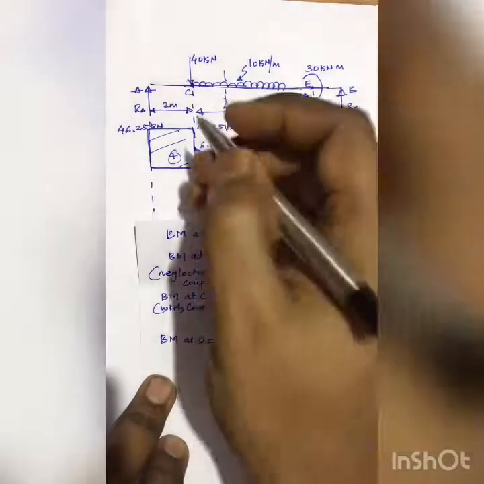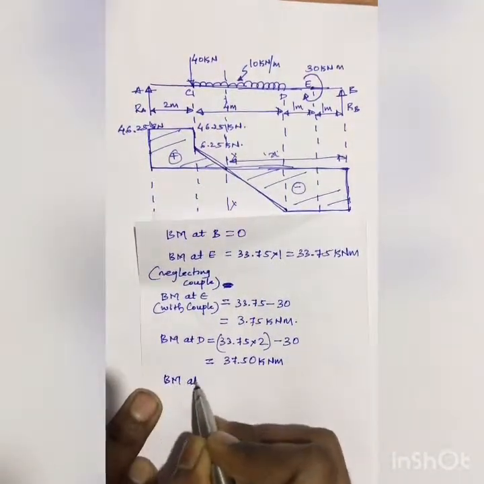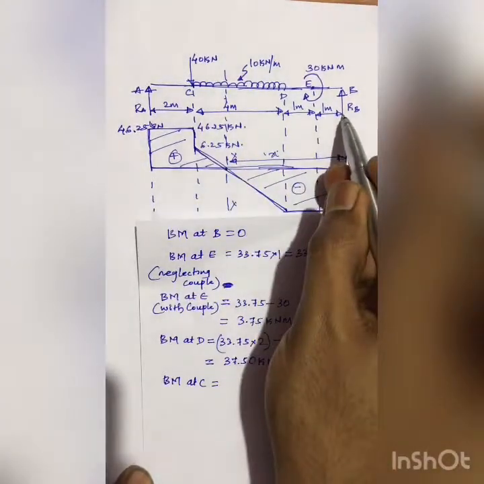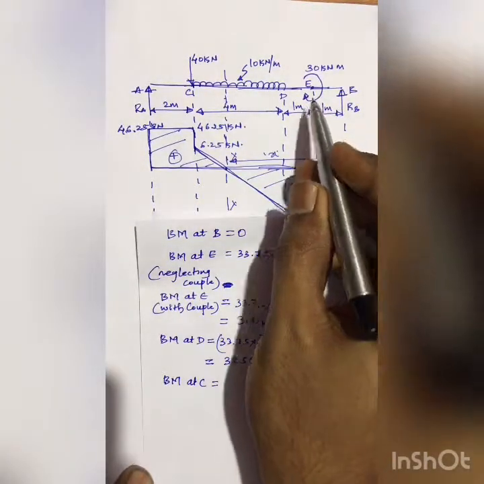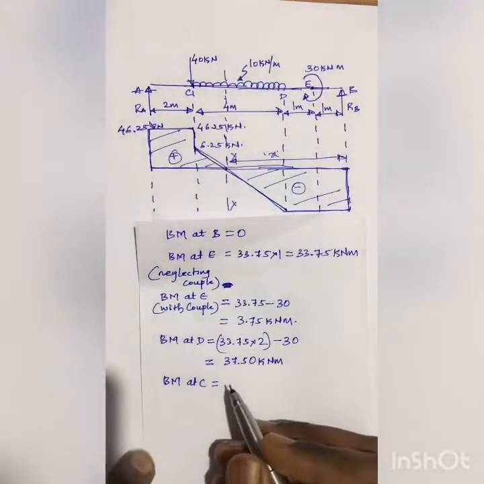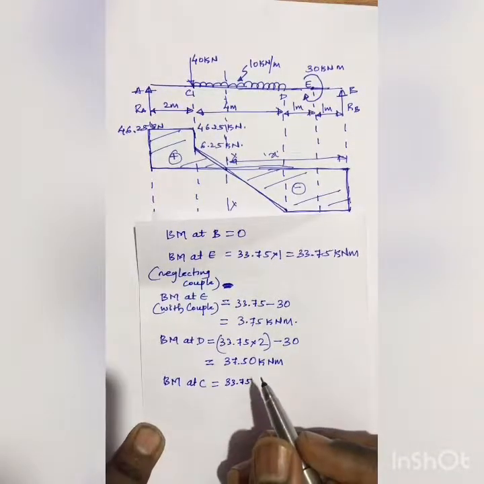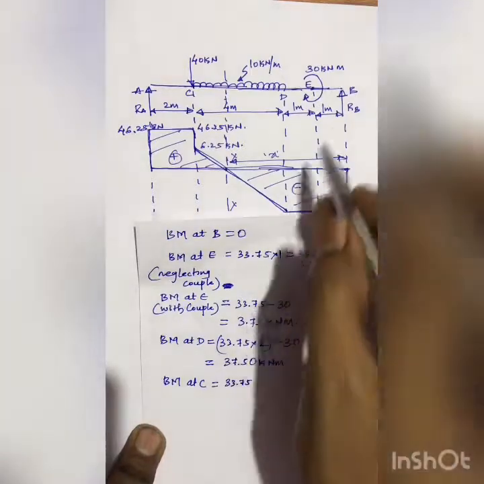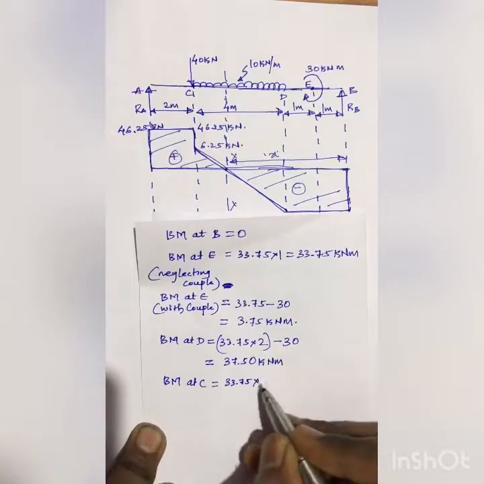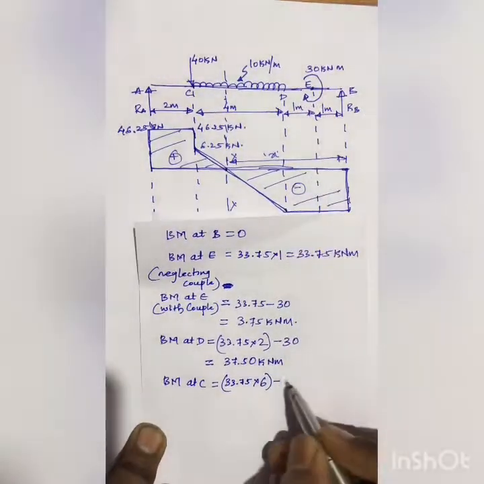Next, I'll find out bending moment at C now. Bending moment at C will be equal to, I'll have to consider again this RB and this couple and this UDL now, which comes into picture. So first I consider RB value is 33.75. It is anti-clockwise and hence it's positive, and the distance from RB to C is 6. So 33.75 into 6 minus this couple, which is 30,